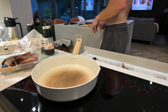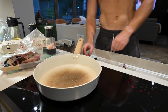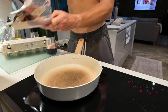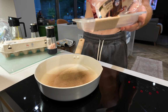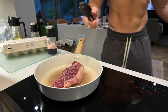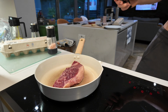The way to do that is I just get a little bit of water on my finger. Yeah, and you can hear it sizzling, so the pan is now hot enough. I'm taking me little sirloin here, that's all they had. So, you know, I'm not going to complain. The sirloin is still a nice little lump of steak. I'm going to lay it away from me. And what I'm going to do is for approximately 3 to 3.5 minutes,